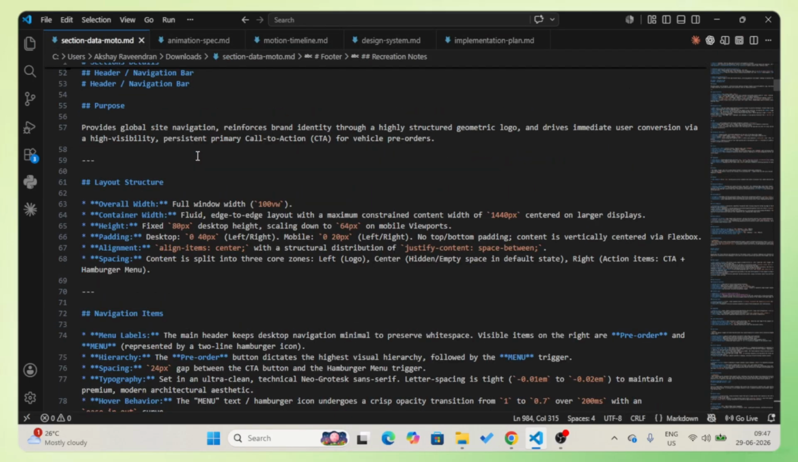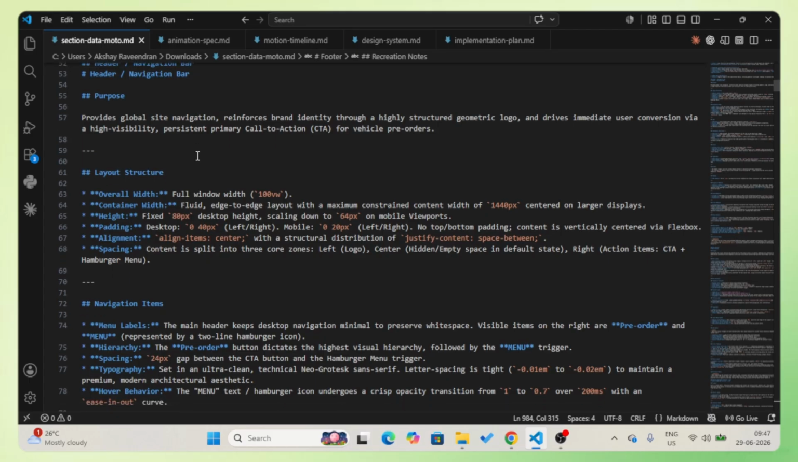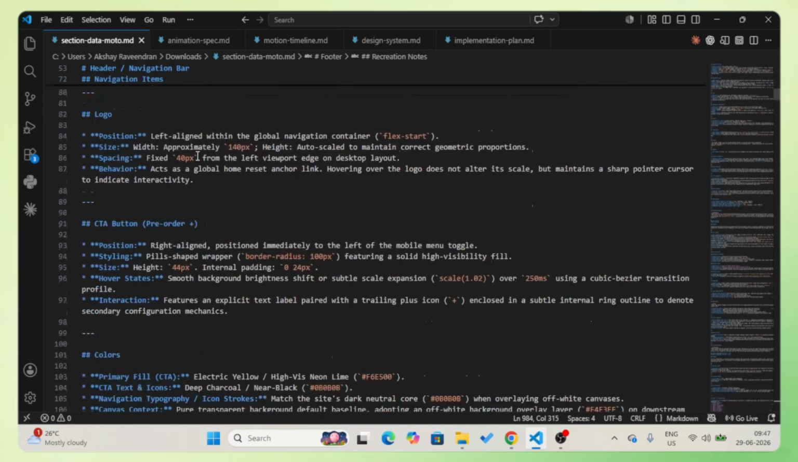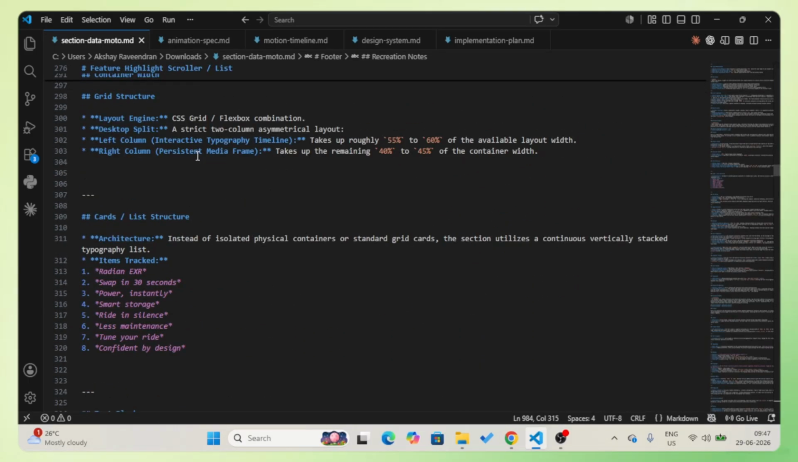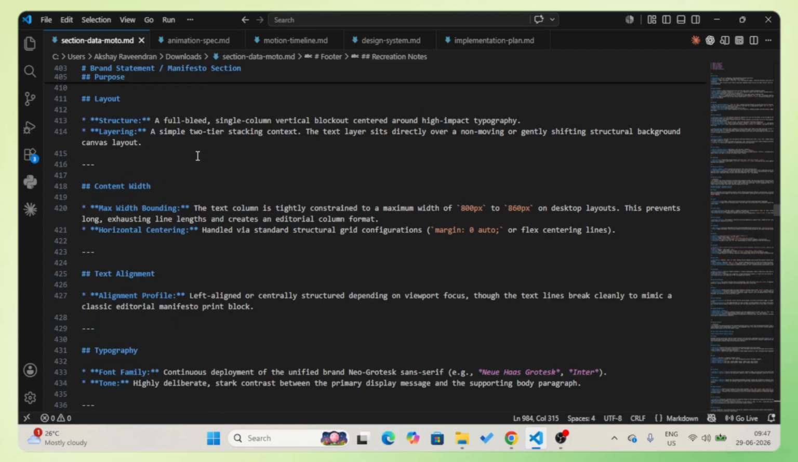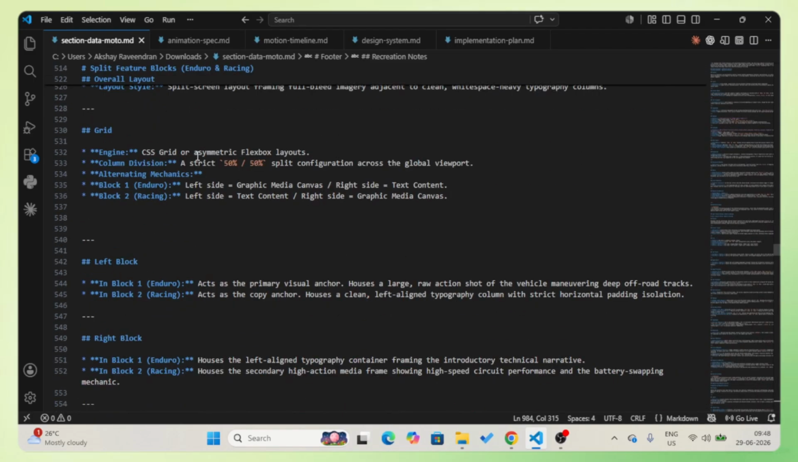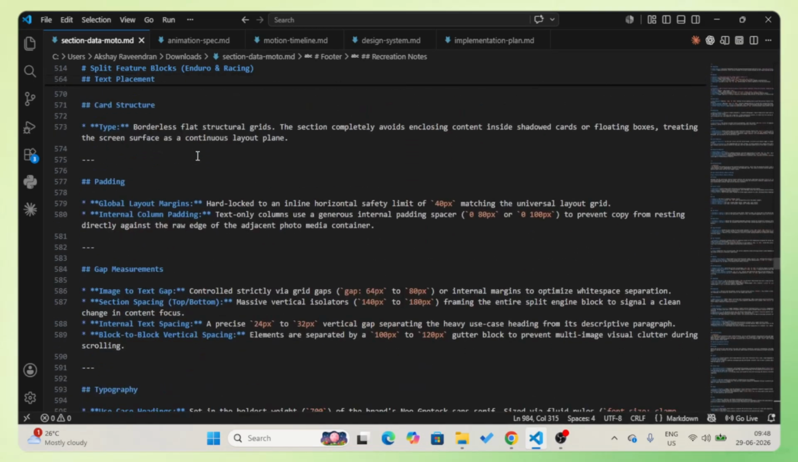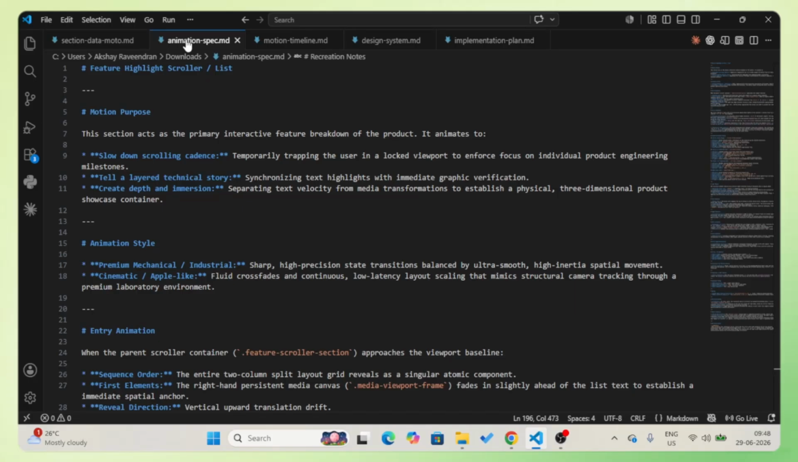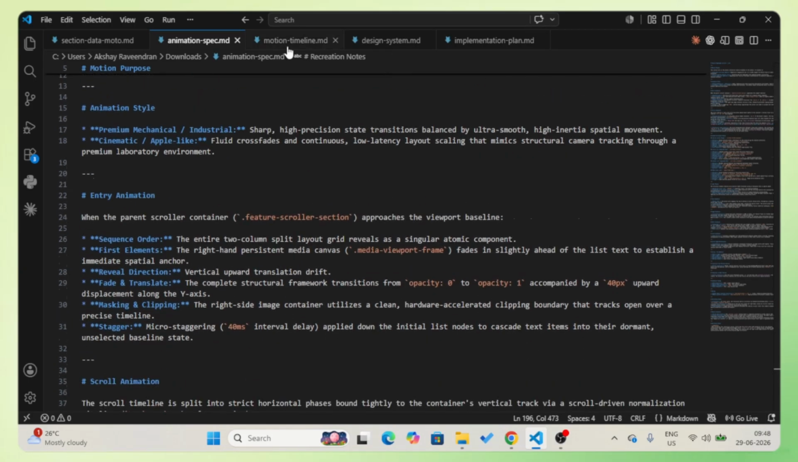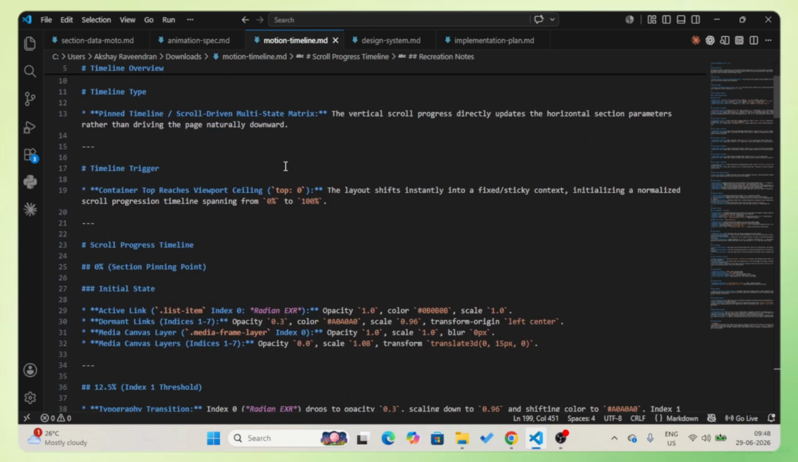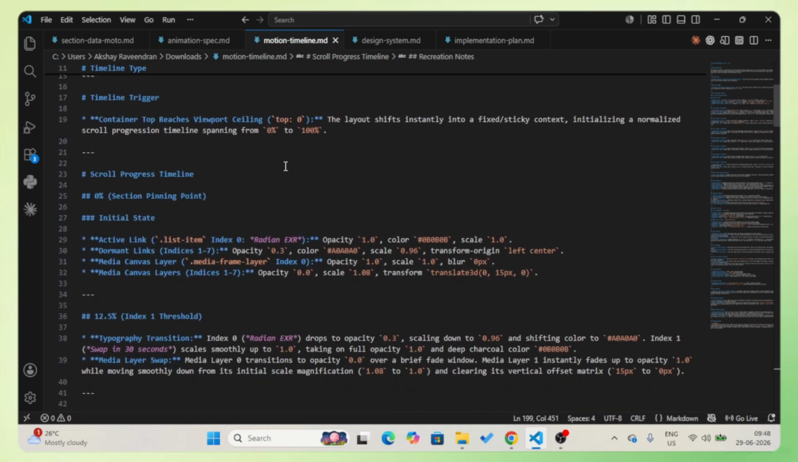In this section-data-moto.md file, we have everything like the header navigation section, the hero section details, feature highlights section details, brand statement section details, print feature block section details, and the list goes on. And then there is animation-spec.md here, and here you can find the animation that website has used. And then there is motion timeline, and this is what we're gonna use to add that scrolling animation in the